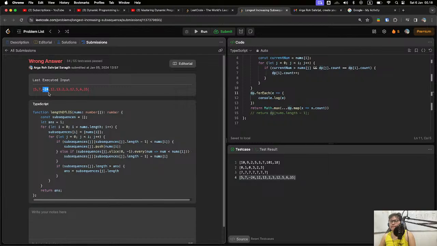Remember that we store a list of numbers, which we call the subsequence in each index. For the subsequence in index 2, it is minus 24, then 12, and then 13. Why? Because we already went through these elements, and 12 is bigger than minus 24, and 13 is also bigger than 12.